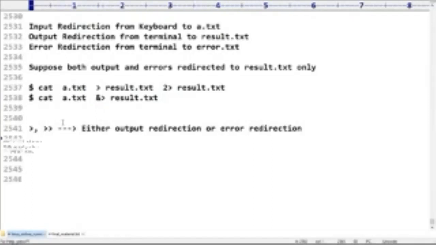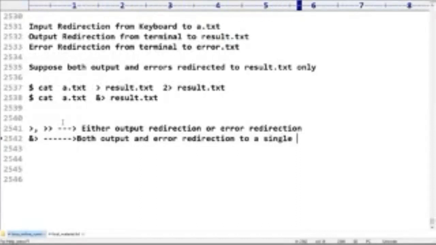If I take ampersand greater than or ampersand double greater than, observe carefully, the meaning of this one is both the output and error redirection to a single place. Clear, right? Are you getting the point?